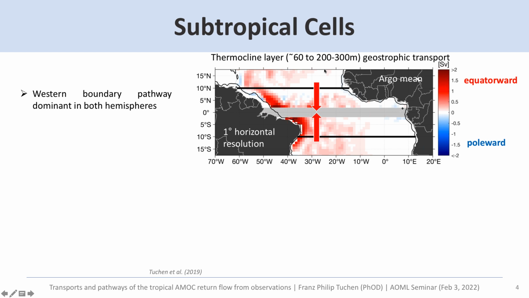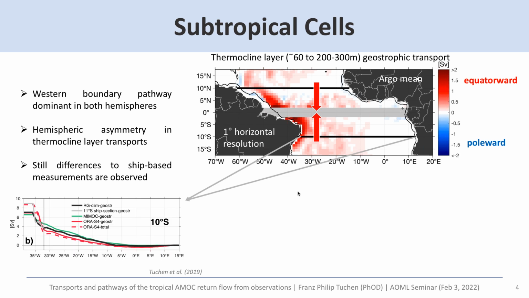So they are rather deflected, or they have to take a westward detour and then join the western boundary pathway. This also leads to this mentioned asymmetry between the two different cells in both hemispheres. Okay, and then one thing that we noticed when we were doing this analysis was that when we are now